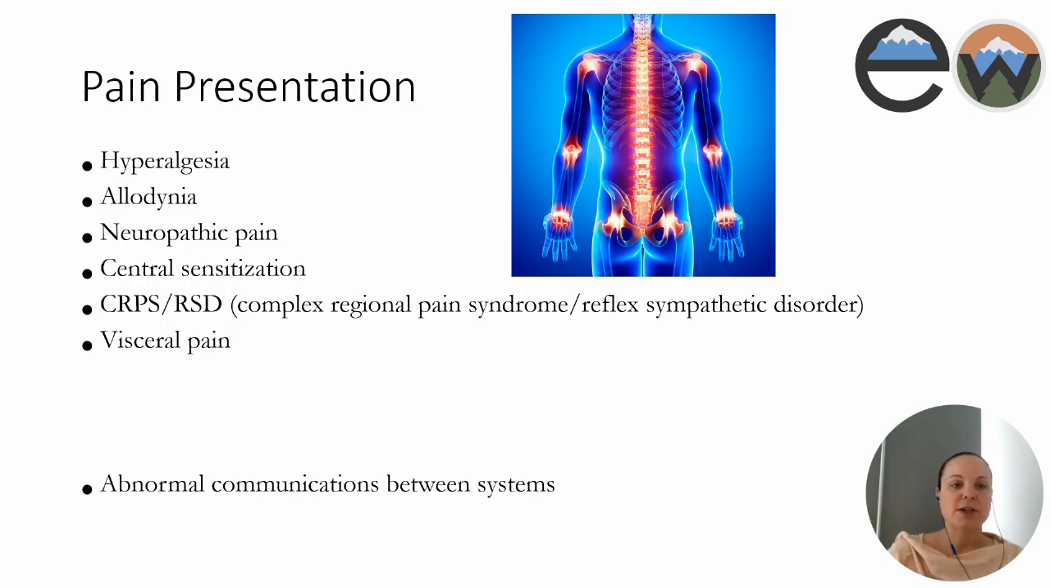So you're going to have hyperalgesia, which is an increased reaction to the pain stimulus that's provided. Allodynia is abnormal pain responses to whatever is provoked in the patient. There's neuropathic pain, so the neurological type of pain. There's central sensitization, which